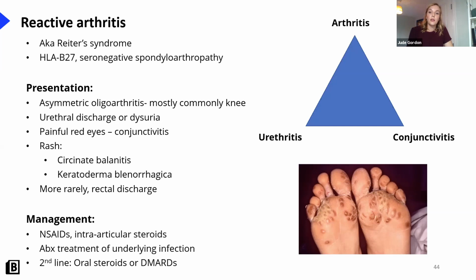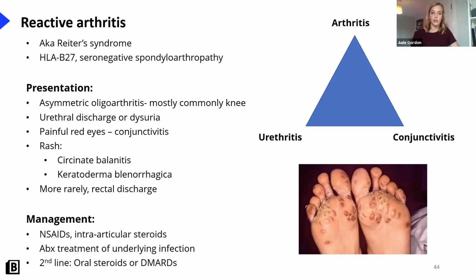It classically presents with a painful swollen joint, and that is most commonly the knee, but it can be any joint. It's often just one, but it can affect several, but it's usually less than 5, and that fits it into that oligoarthritis classification. Also associated with urethritis or epididymoarthritis sometimes as well, or cervicitis in women. And conjunctivitis. So again, there's a bit of a triad here, the classic triad of Reiter syndrome of arthritis,